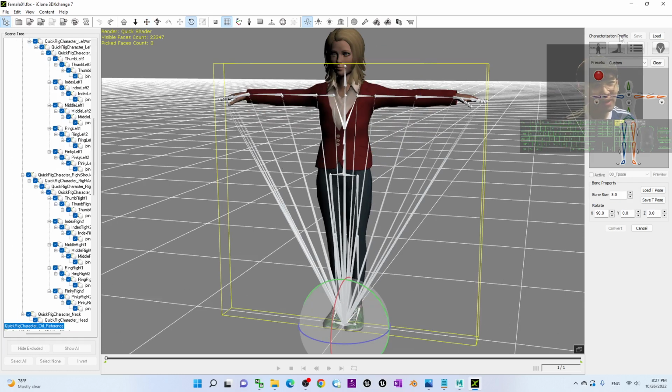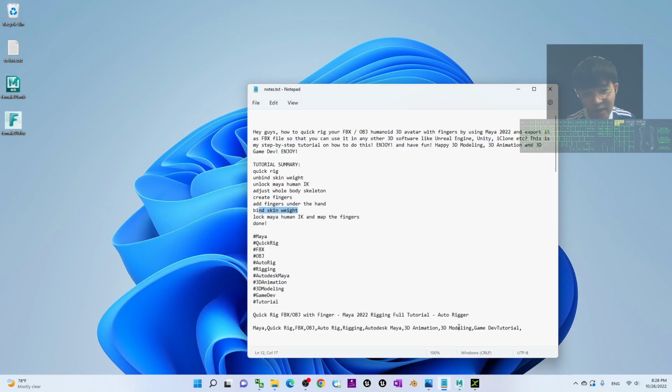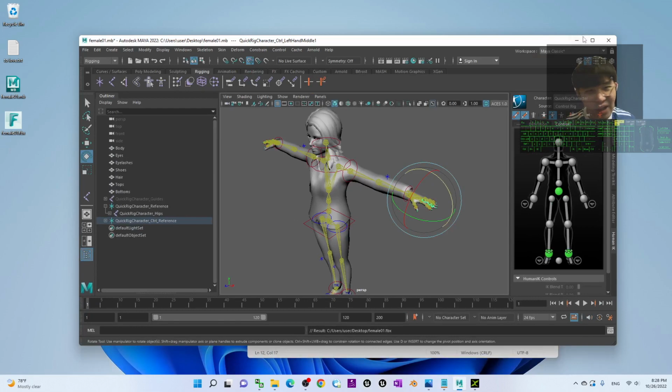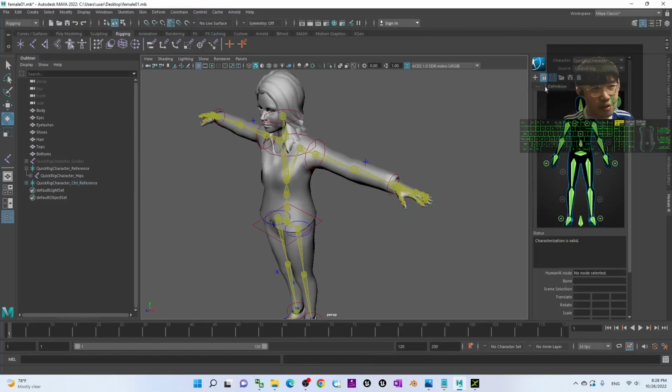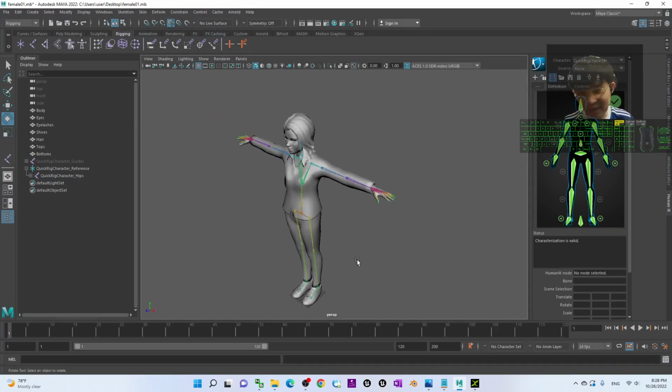If you don't want it, it is really easy. You can just remove it. Right. So now maybe we don't want the FBX like this. In Maya here, through the definition here, we just unlock it again, just in that way.